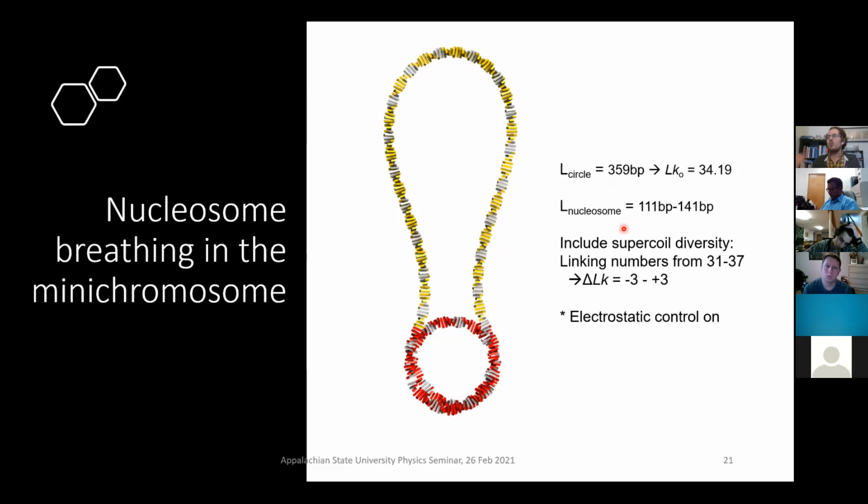This time, we want to have a level of electrostatic control so that whatever our supercoiling is, it maintains that same level of supercoiling at the end. So anything that has a linking number, say, of 31, maintains that linking number of 31 after our optimization. So we want to try to keep that supercoiling as consistent as possible.